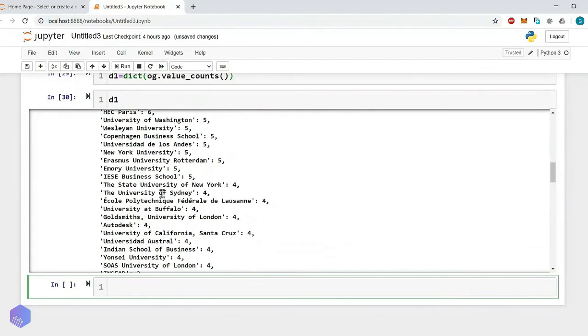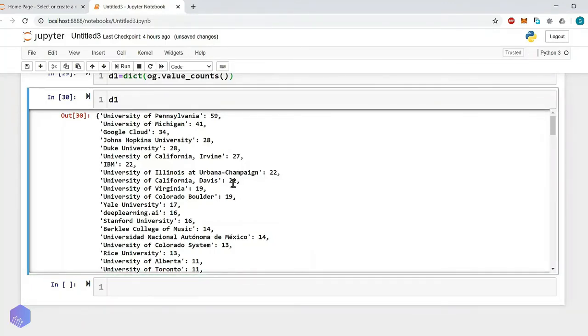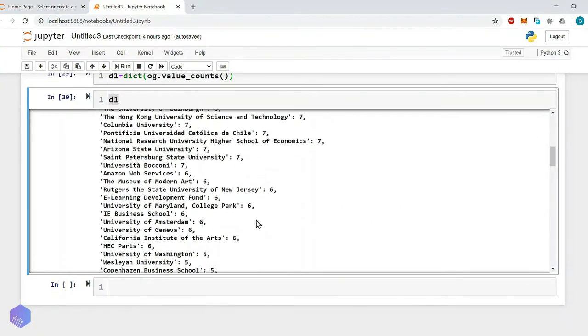Okay, so if someone, let's say the chief person of Coursera, would like to know how many courses are being offered by University of California, they can look at the data from dictionary d1. It will return, let's say, 21. So here we have summarized the data.